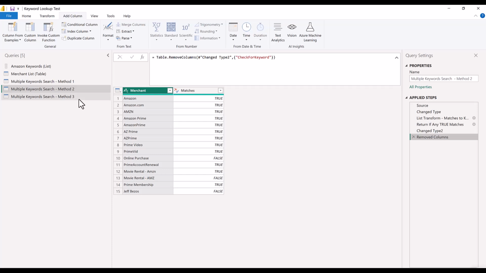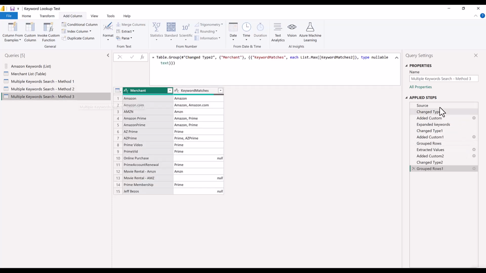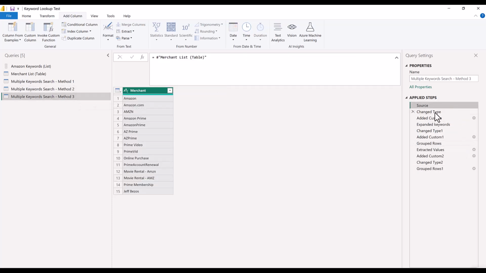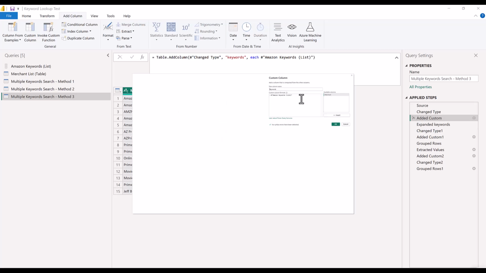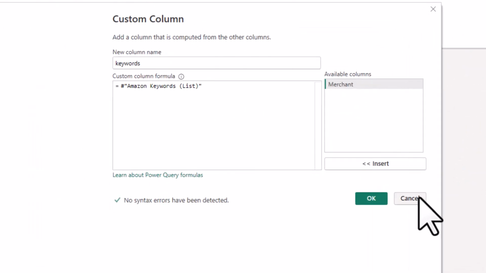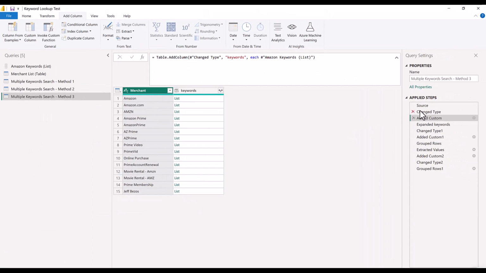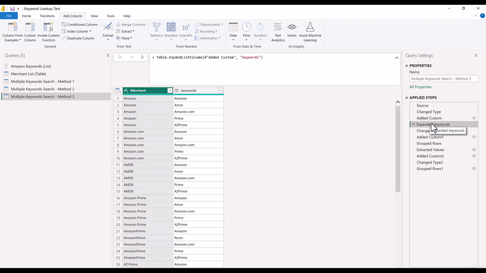Now this last method I thought was just kind of something cool to share. Again, the same source step with the change type, but then we add this additional column, and literally this column is just a direct reference to the Amazon keywords list. So it's basically going to return 5 results for every single merchant because there's 5 keywords in the Amazon keywords list. And so when I expand that out, you'll see that there's 5 lines for every merchant: